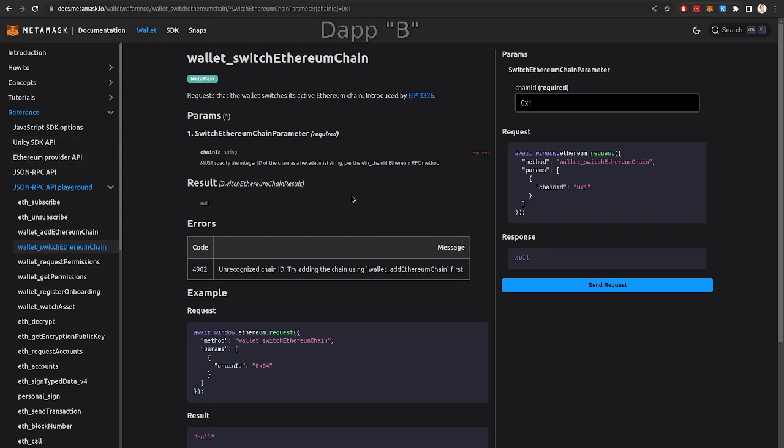Hello. This is a demo of the current state of the per-dApp network selection. So let's get into it. So one of the main things is that